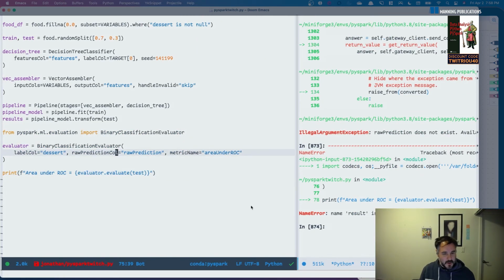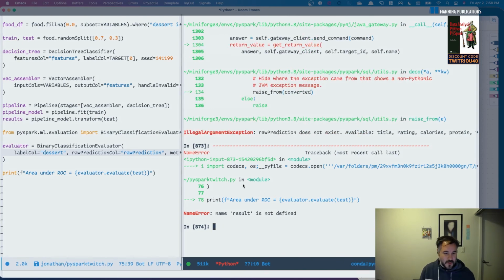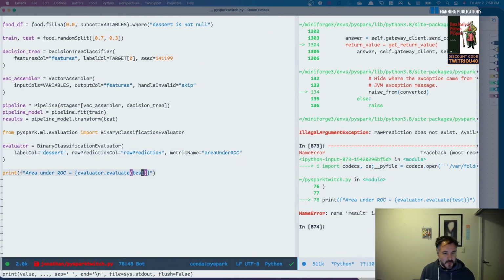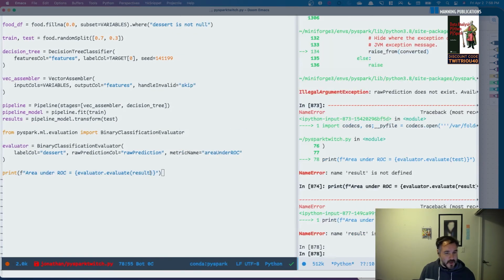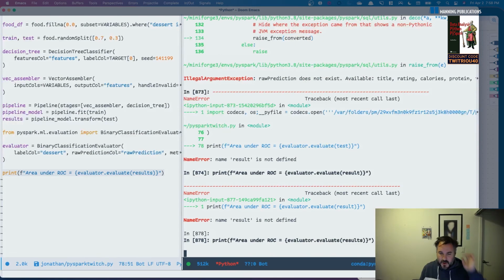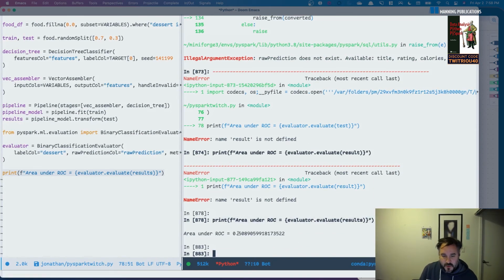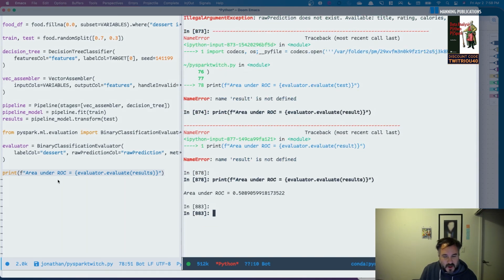And then, oops, there we go. The result. And then I'm just going to go and look. It's because there's an S. And then what it's going to give me already: my area under the ROC is 50% at the moment. So it's not incredible,